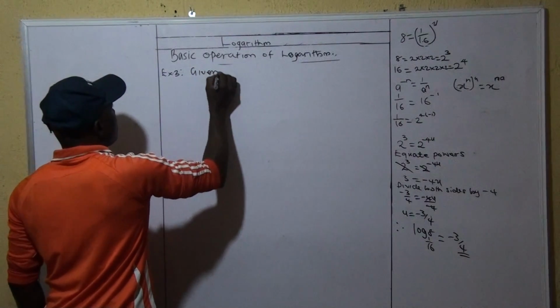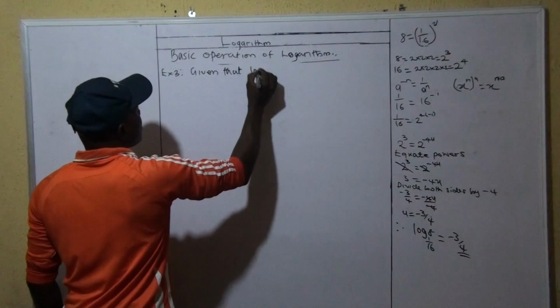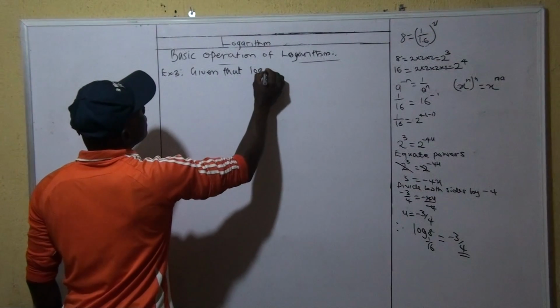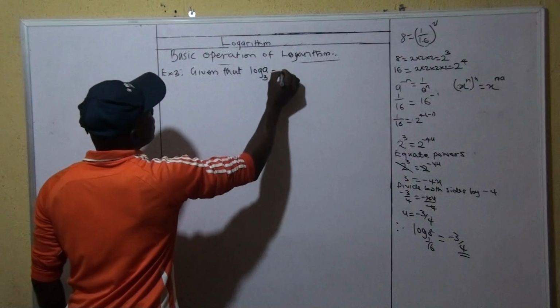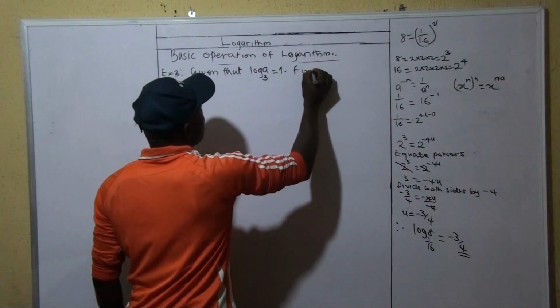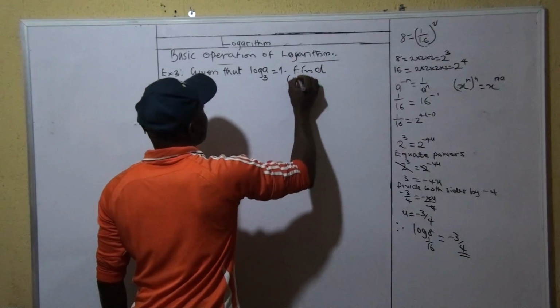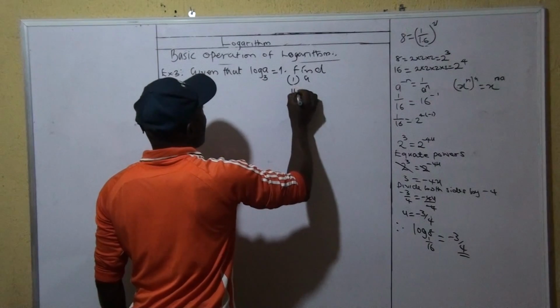Given that log a to base 3 is equals to 1, find a and